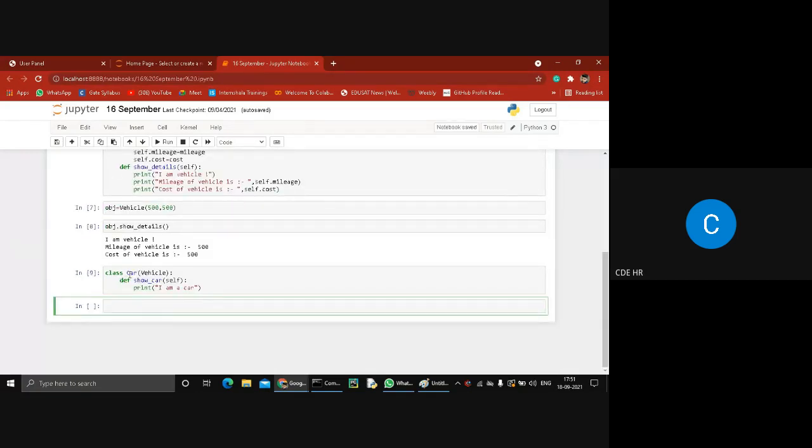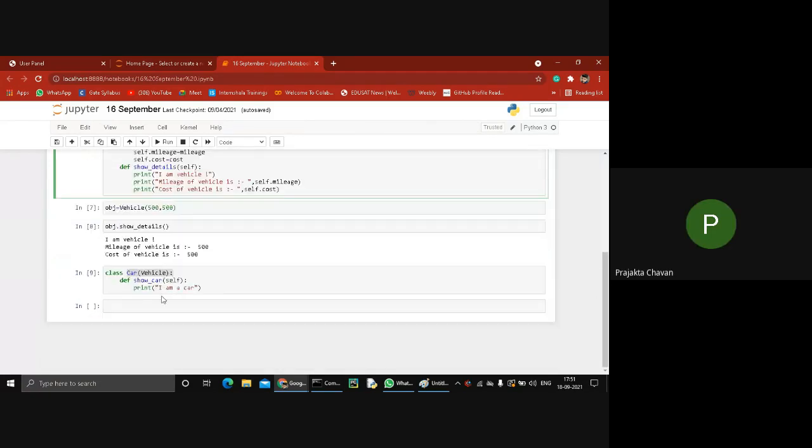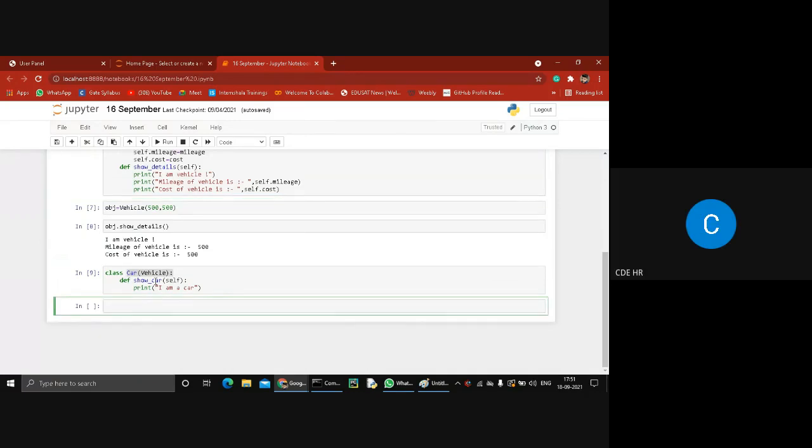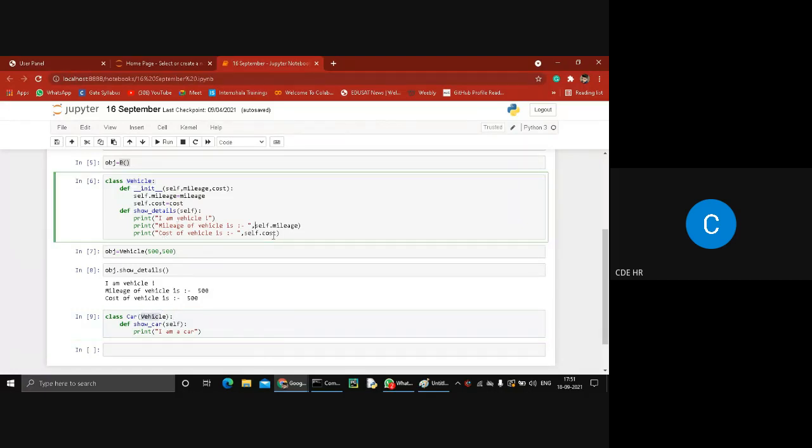We have to create an object of the class Car, because this is a child class and it contains its own property, known as I am a car, and it also contains all the properties of the Vehicle. The vehicle properties are self mileage as well as cost, and it also prints I am vehicle.